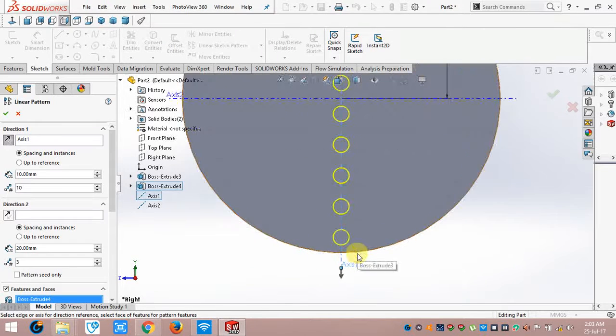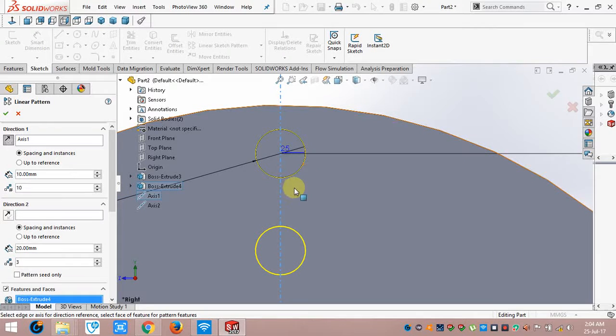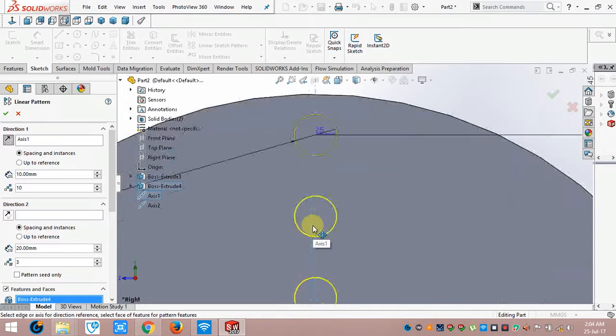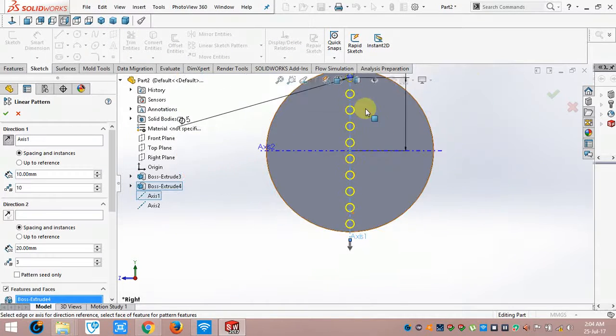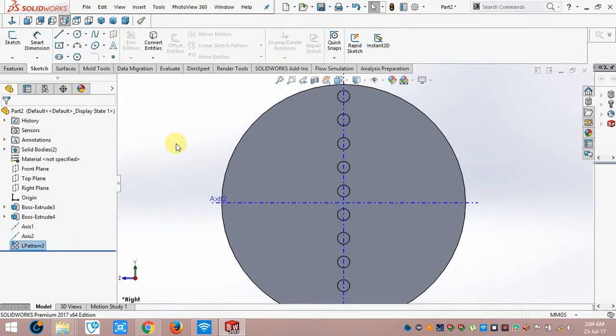Let's give it 10. So now in the partial preview, we can see that I have made a linear pattern of this circular element with 10 millimeters of distance or spacing, and there are 10 elements or instances in the linear pattern. So I will make the linear pattern. Okay, so now I want to have this pattern in the Z direction, so I will